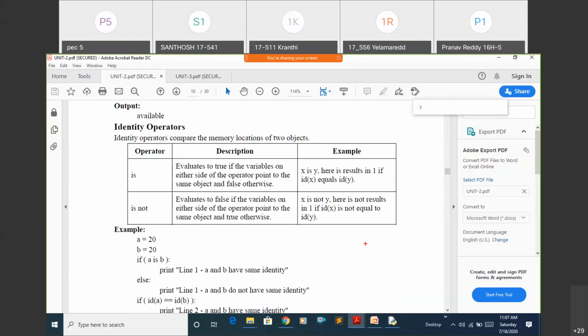In the previous case, I explained 20 pointing to the same A and C, right? A and C are two variables. These two variables are pointing to the same object. If you want to check both are pointing to the same object, we'll use this is operator. I will show it here.